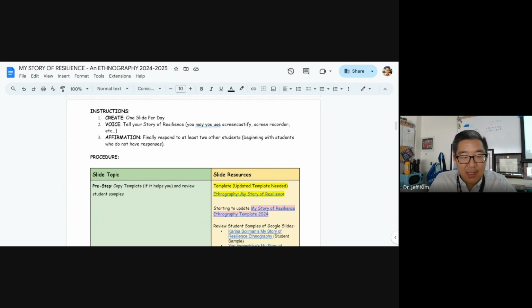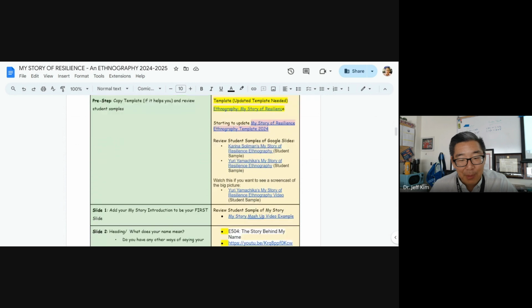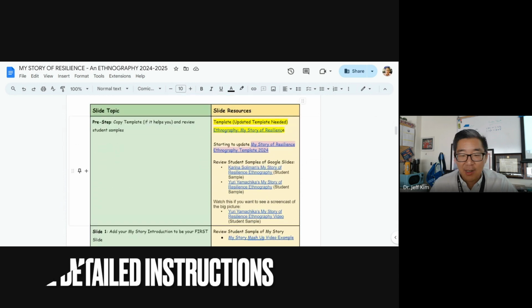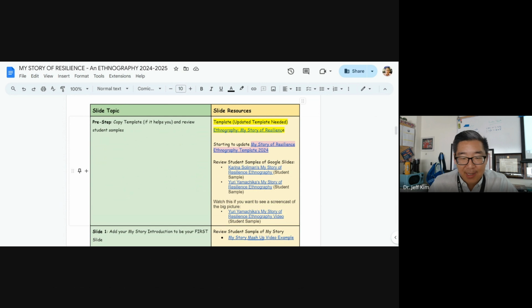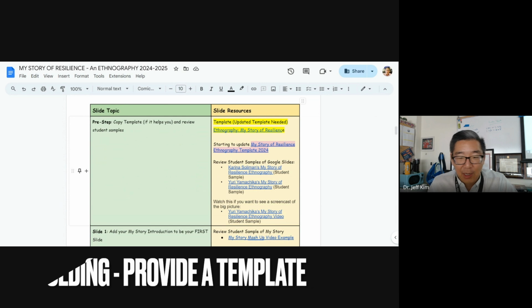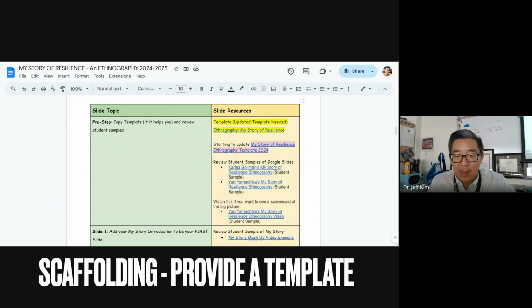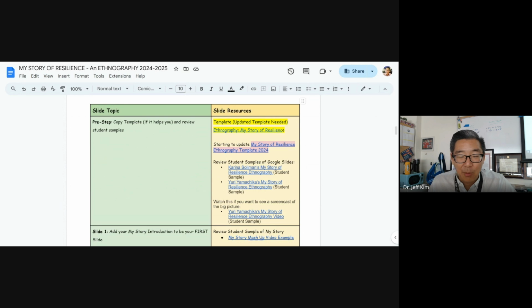So that's the brief instructions, but you can see I have more detailed instructions here. For example, on the left-hand side, this is the pre-step: you need to copy the template. So rather than beginning with Google Slides with no information, if I were to click on this template here, there'd be a really nice template to look at that goes over the 10 things that are in this slide.